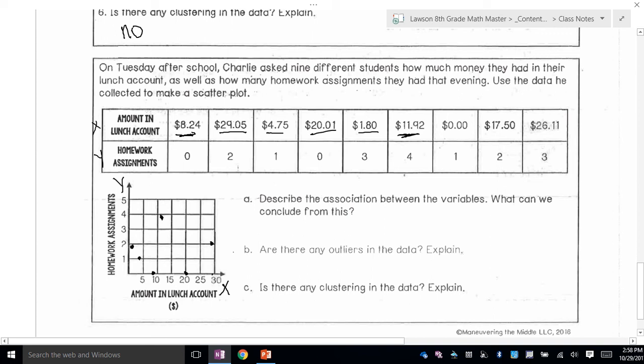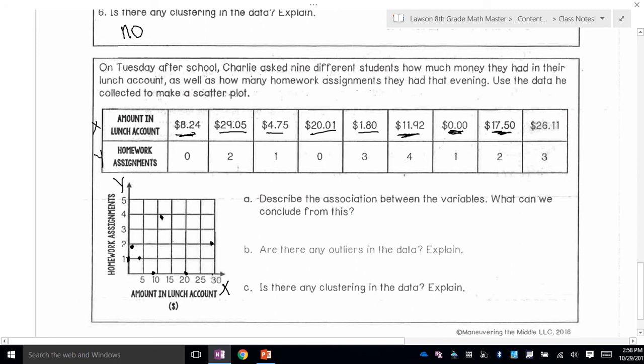Very good. And then our 7th student has no charges on his lunch account, and he has 1 homework assignment. So I'm not going to go anywhere on my x-axis, and I'll go up to 1 and put a point. Okay, $17.50 for my next student. So that'll be in between the 15 and the 20, a little bit closer to the 15, maybe right there